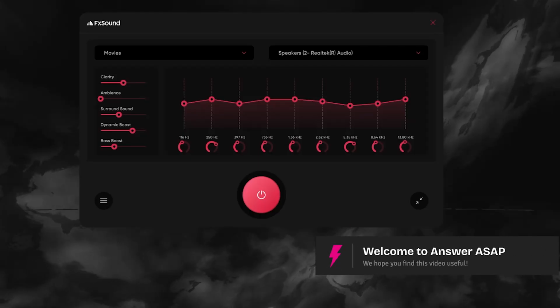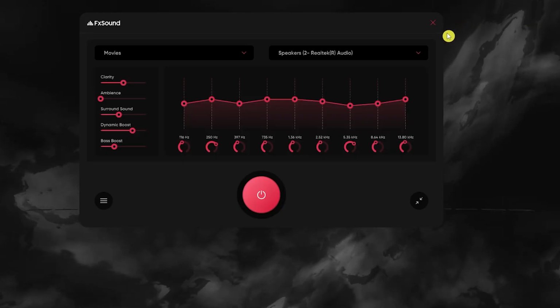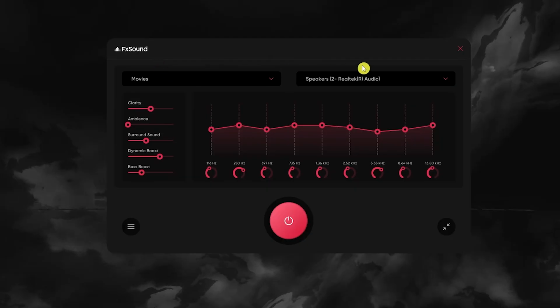In today's video, I'll show you how you can adjust the bass in FxSound. So let's get started. Here we are in FxSound, and once you have opened the app, just like this one,